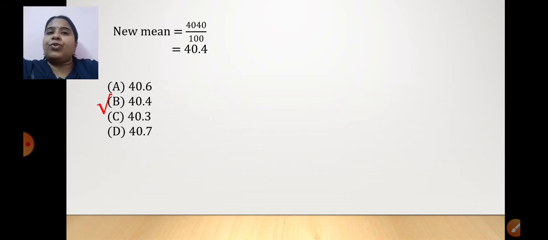Even though this sum is asked as an MCQ question, it can very well be asked as a solve question for 2 or 3 marks. I hope the concept is clear to you and you have understood all the steps. Please write the steps. Do not mark only the answer. Even if it is an MCQ, write the steps and have the steps with you. I can ask you this as a 2 or 3 marks question also. Okay. So moving to the next question.